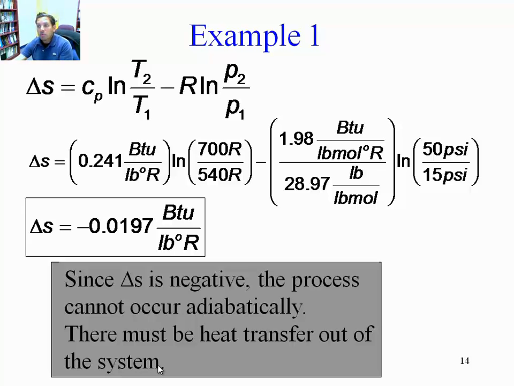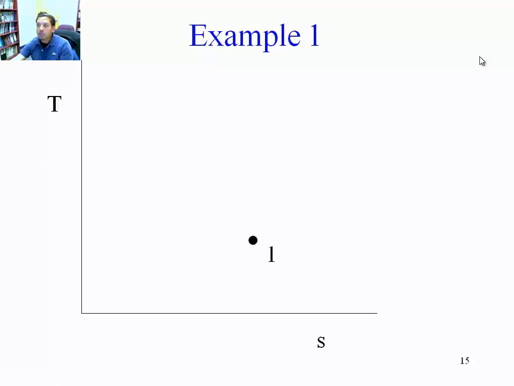How much is it? Well, we don't know. We could calculate the change in energy, for example, because we have the temperatures of the two states. We don't know how to calculate the work because we don't know the shape of the curve, or the direction of the curve in the TS diagram. We don't know what shape it takes, either in the TS or the PV diagram. We just know that it goes from 1 to 2, and it does so in an entropy reduction manner. The entropy is decreased as we calculated, but that's the only thing we know. All right.